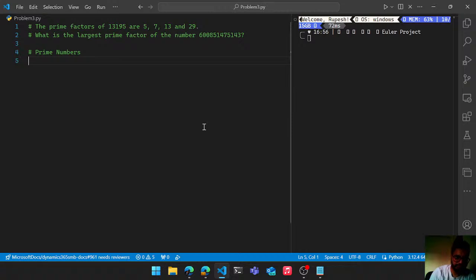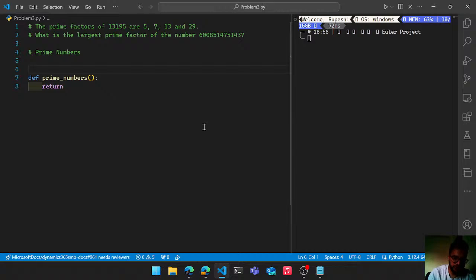Right, okay. Let's generate some prime numbers first of all. So